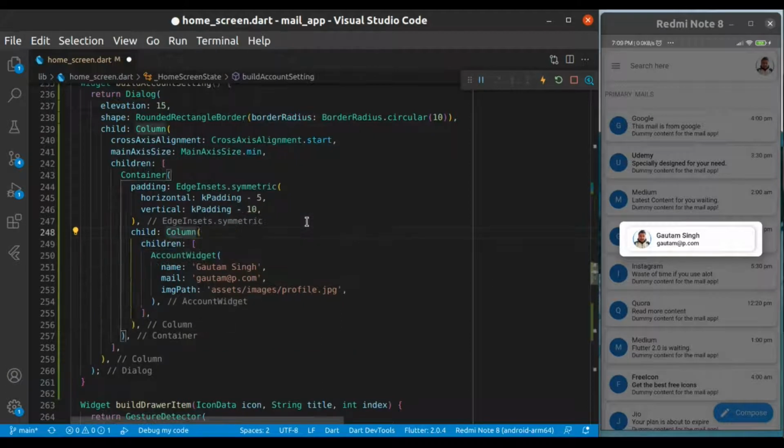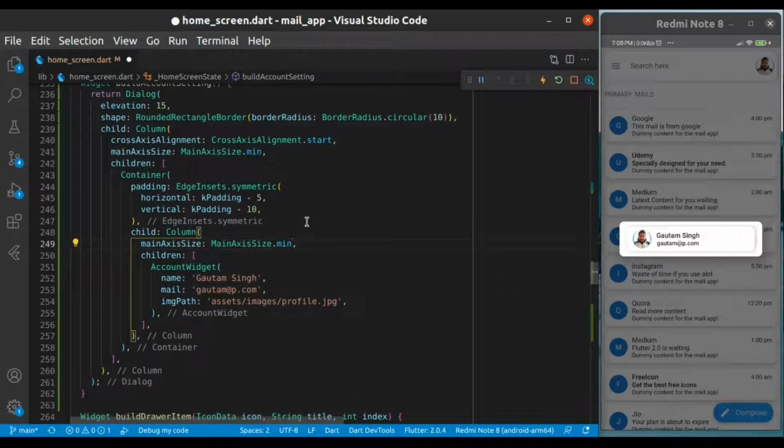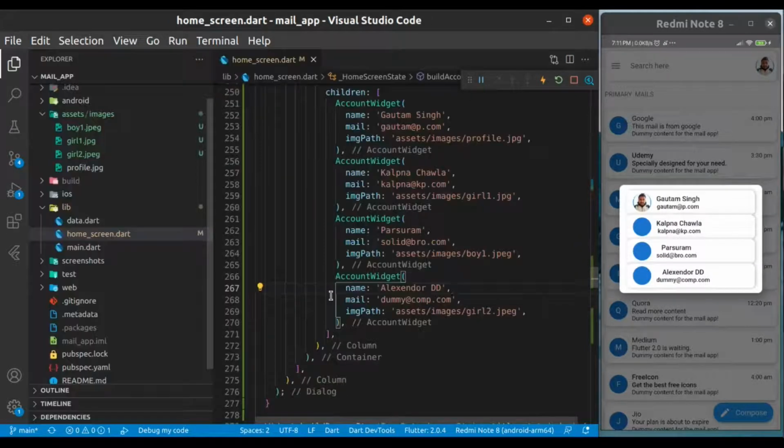And again provide some minimum spaces because we want it to just occupy the space which we have assigned to the child widgets. And we're gonna place some dummy text, you can do it yourself. And we have already placed the set images.